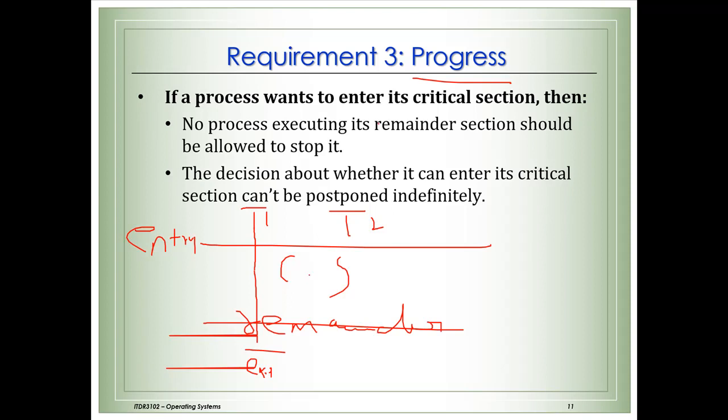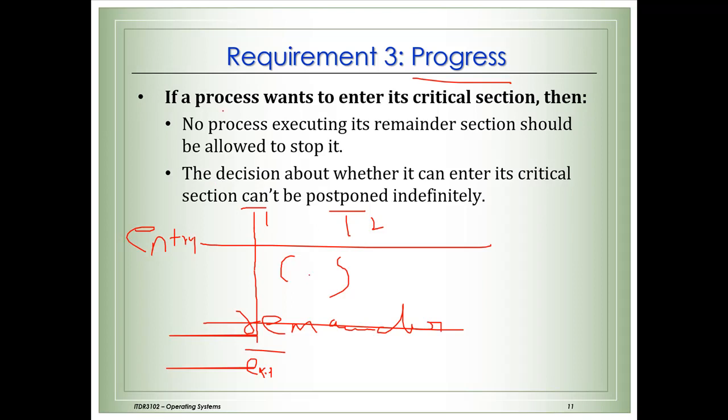When a process is running, it should make progress. It should not be blocked in the middle. That is called deadlock. A process is waiting for some event to happen and that event will never occur, so the process cannot terminate naturally. It would be waiting for an event and this waiting is never going to end. That means the process is not going to make any progress.